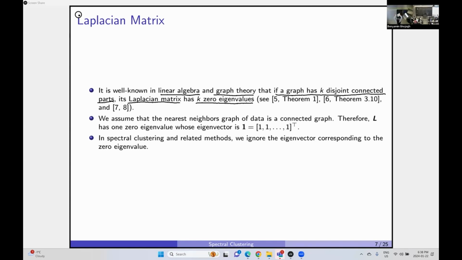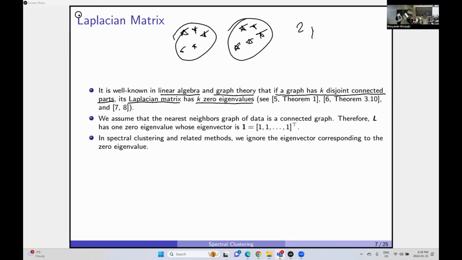Do you agree? If you set k to be large, you will have the whole data as one graph. Initially, by setting k large, all of the points are neighbors of each other. You make k smaller, it becomes two disjointed graphs, but with one single adjacency matrix, right? You will have one adjacency matrix for the whole graph, but it is disjointed. So here I have two disjointed parts. As a result, I will have two zero eigenvalues for